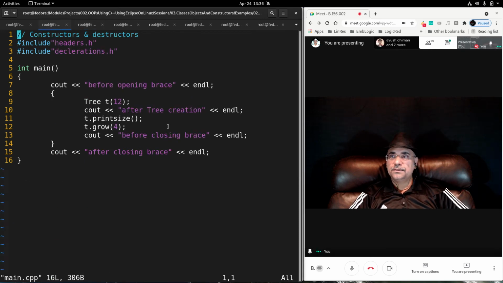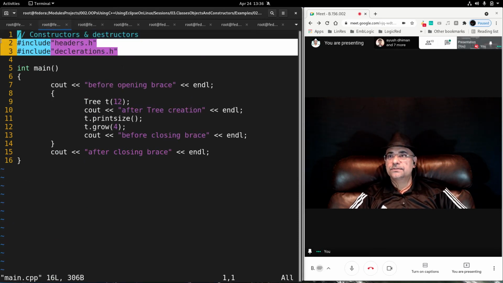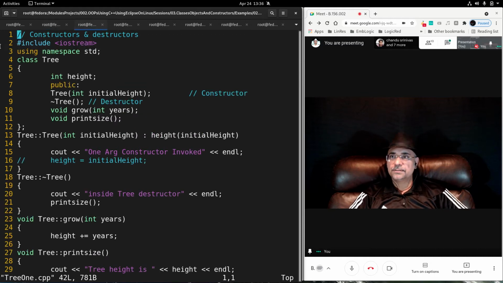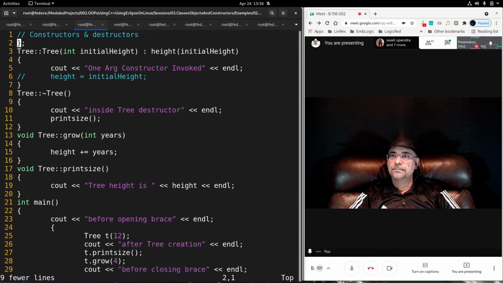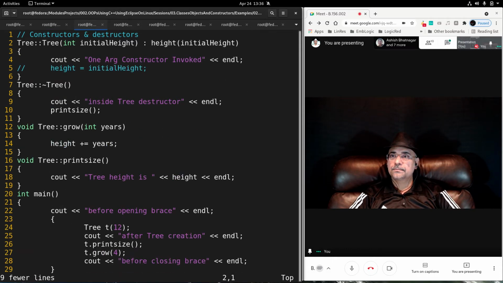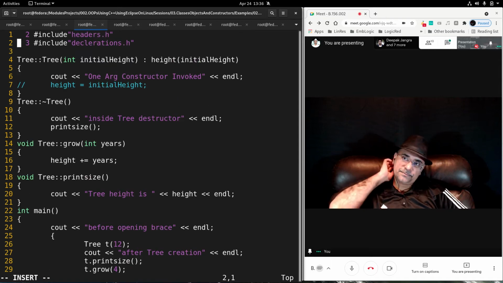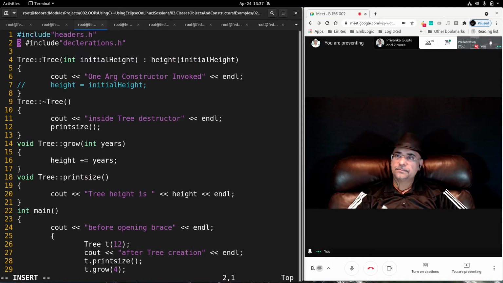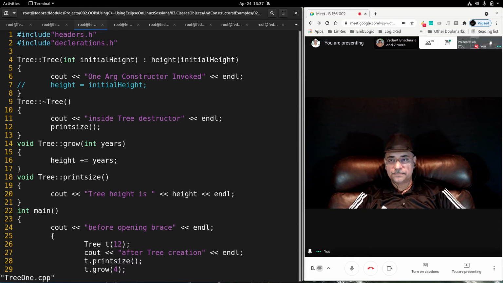In this you will keep your headers first, both header files, and the one argument constructor, nothing else. Okay.